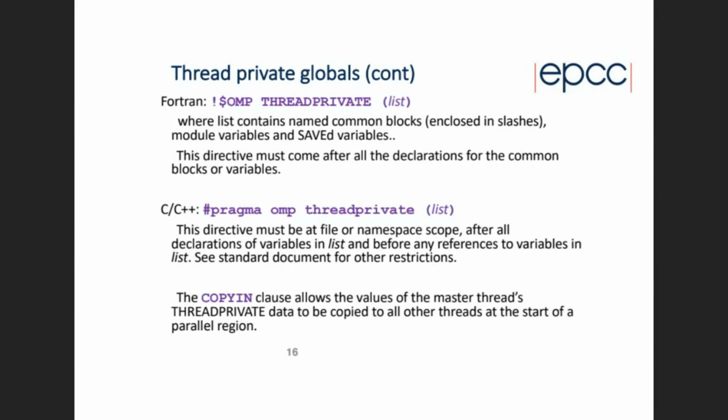It only works at the top level of parallel regions if you have nesting. And it doesn't work if you change the number of threads between parallel regions. But as long as you have the common case where you just have one level of parallel regions and all the parallel regions use the same number of threads, then the thread private copies of common blocks will persist